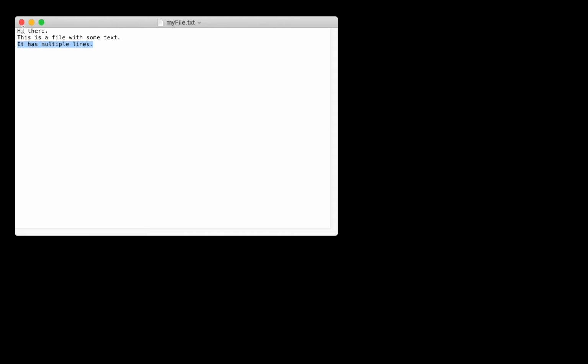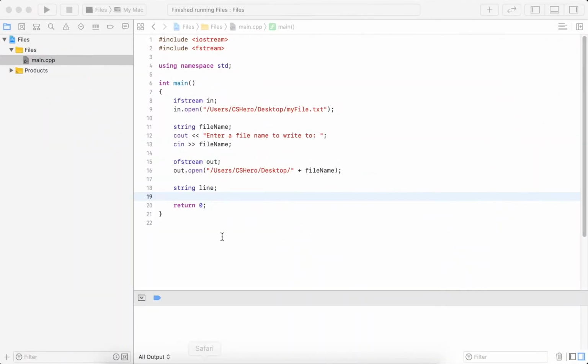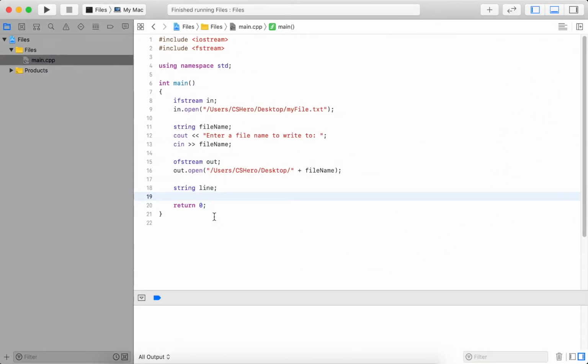And if there are more, it'll keep doing it. So essentially, my line variable is just a temporary buffer where I store something. Now, I don't know how many lines there are, so I cannot use a for loop. I want to basically say read as long as there are lines. In this case, it's good to use a while loop.